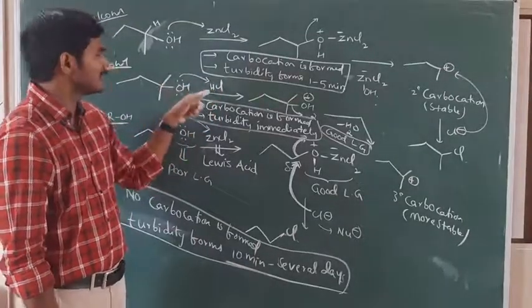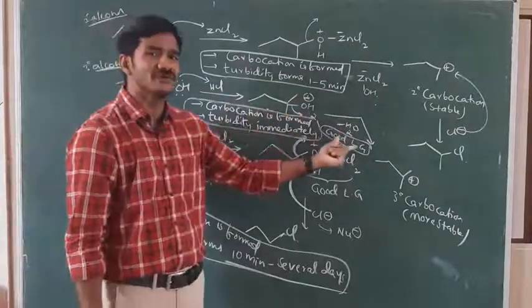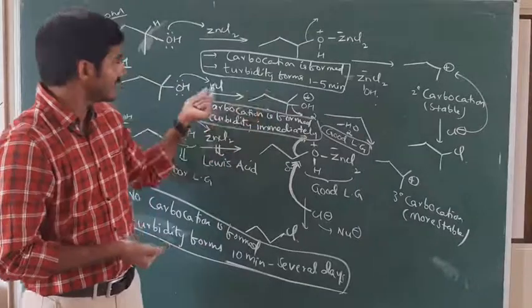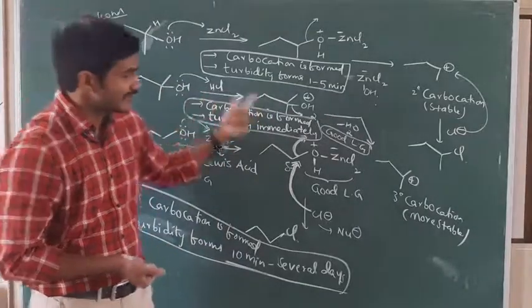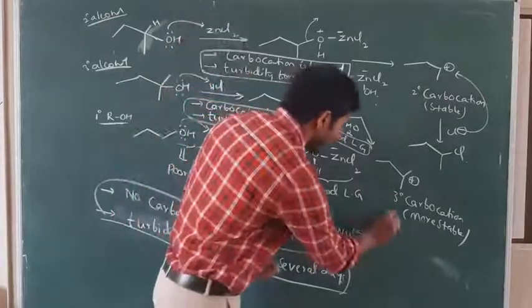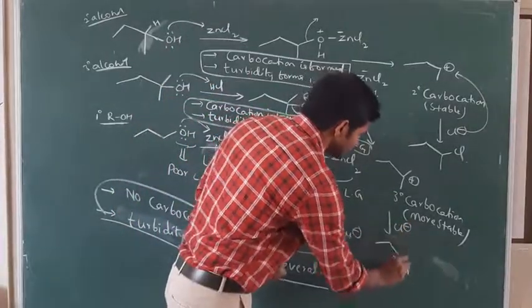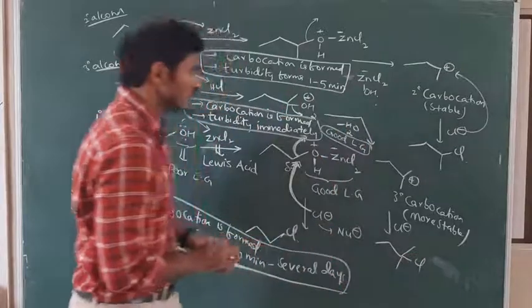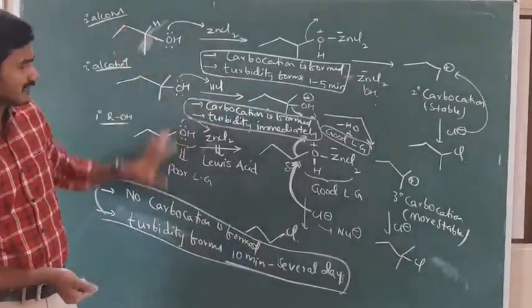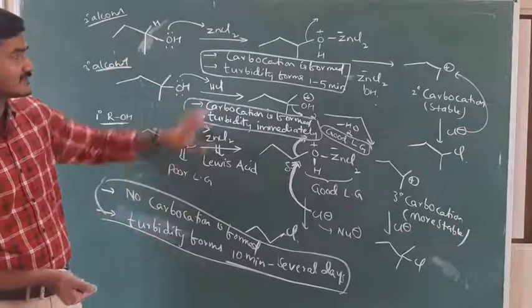They can easily combine with H+, and it can easily eliminate as H2O, a good leaving group, and just react with HCl. And it can form a more stable carbocation in tertiary. After that, when we add Cl minus here, we get the more stable products. Okay, so from this it is very clear: turbidity forms from 10 minutes to several days,